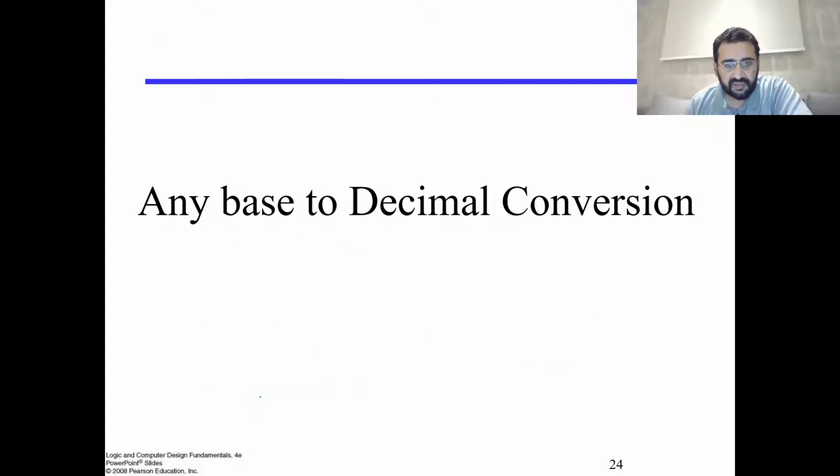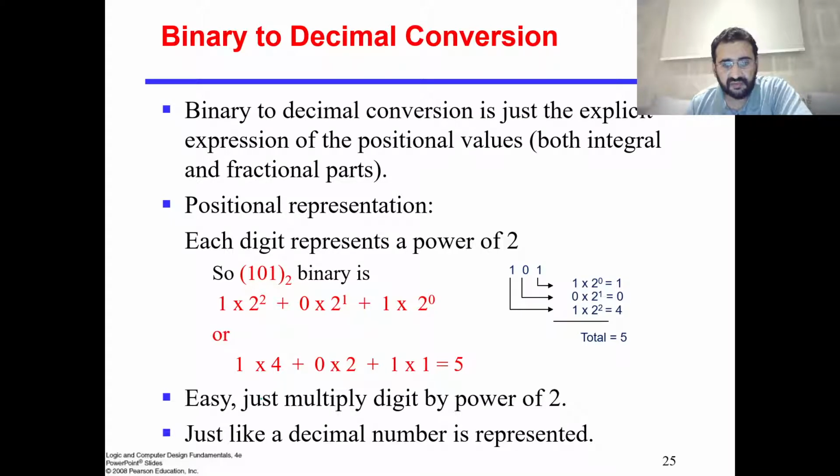So now let's look at the conversion from binary to decimal, and then we'll look at the opposite conversion. The binary to decimal conversion is just the explicit expression of the positional values. So we just take the positional values, so 101 in base 2. If we want to get the real value in decimal, I mean the representation of this number in the decimal system,